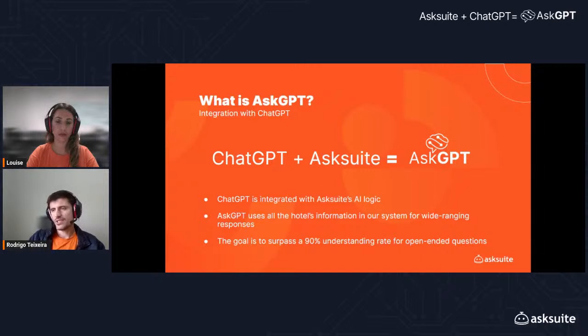So AskGPT will use all the hotel's information within your Asksuite account to understand and respond to a wide range of questions. The goal is to surpass a 90% understanding rate for open-ended questions.